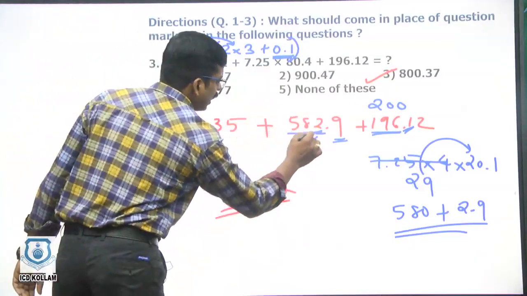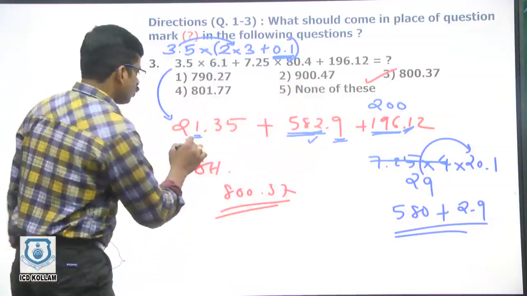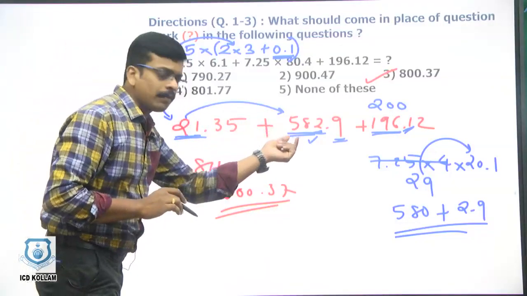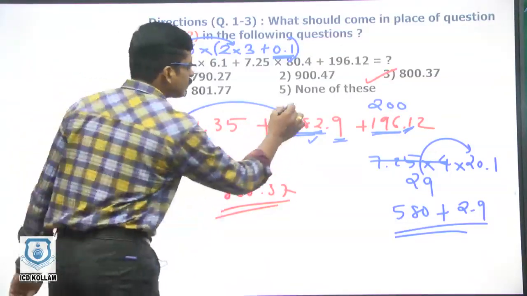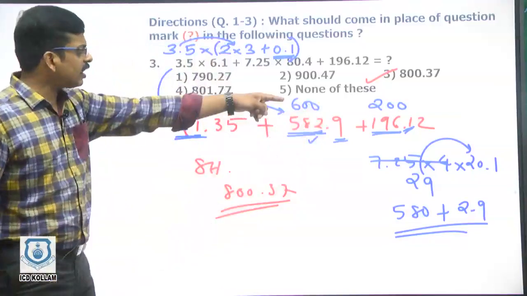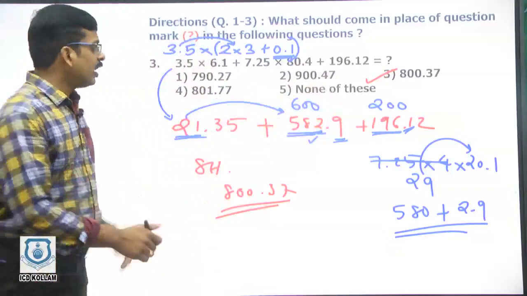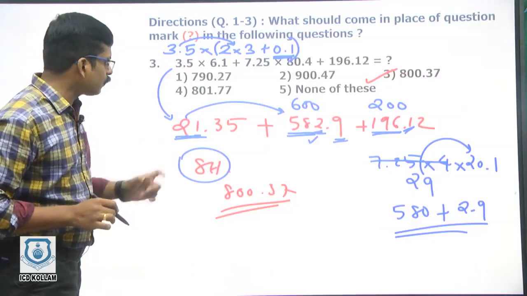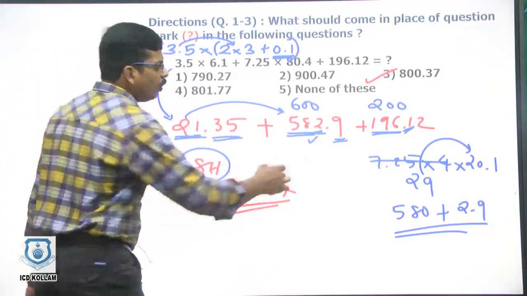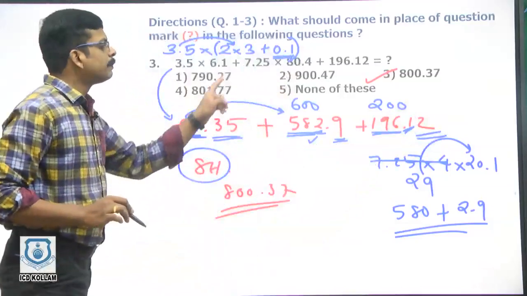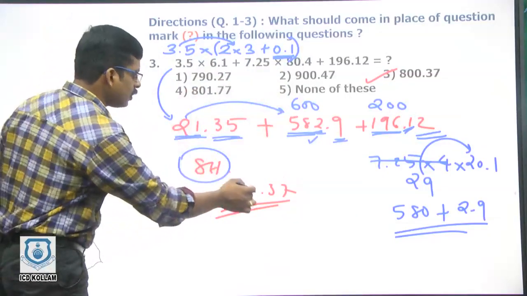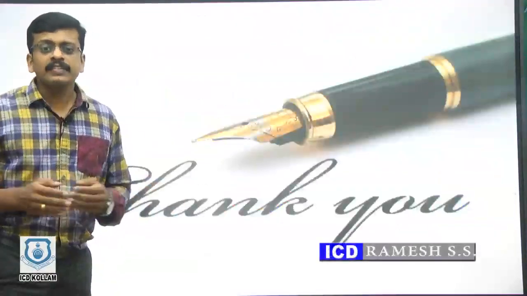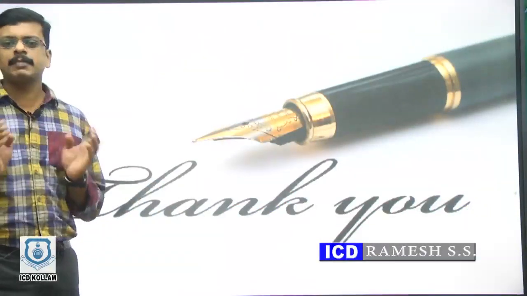This is now only 580, that 2 is already taken. This is 20. So this 20 added to this number will also become a beautiful 600. So this is now 600. That is 200. Together it is 600 plus 200, 800. That 800 I am writing first. Now we are left with 0.35 and also with 0.2. Total 0.37. So that 0.37 we need to add here and it will be 800.37.